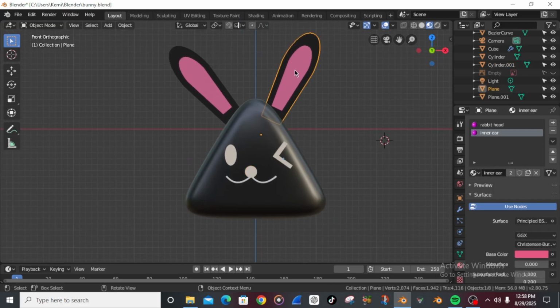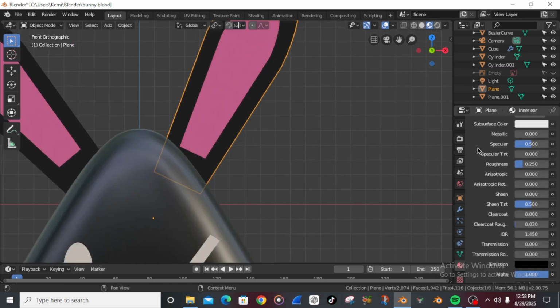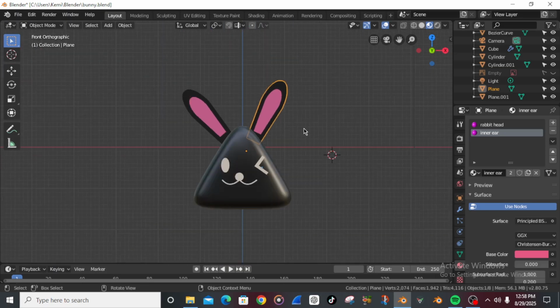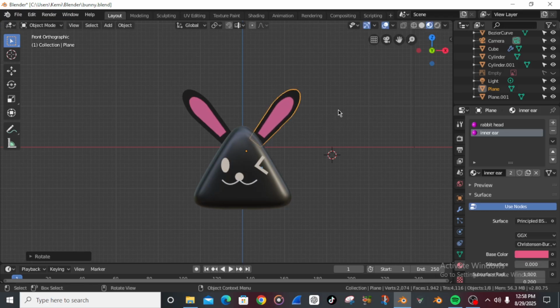There are more, to be honest, there are more. Let's go to the inner ear. I want to make it more reflective, so let me increase the roughness so that it reflects more of it. Okay. Yeah, so we have completed. Let me rotate this again. We've completed our bunny